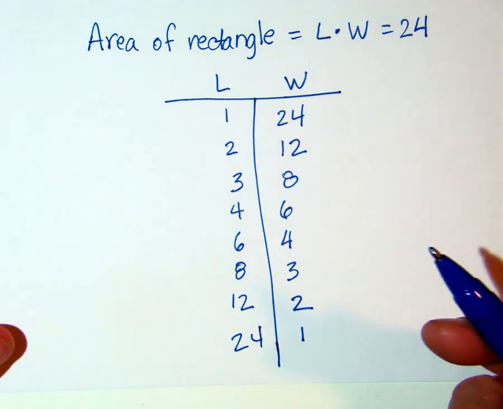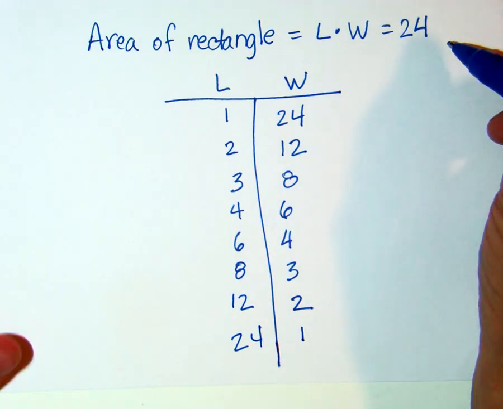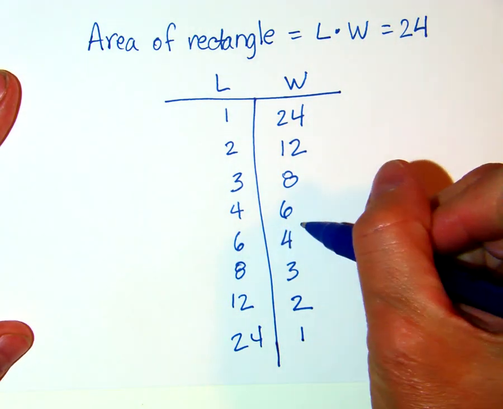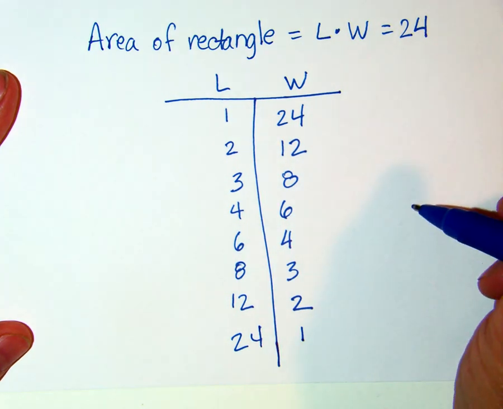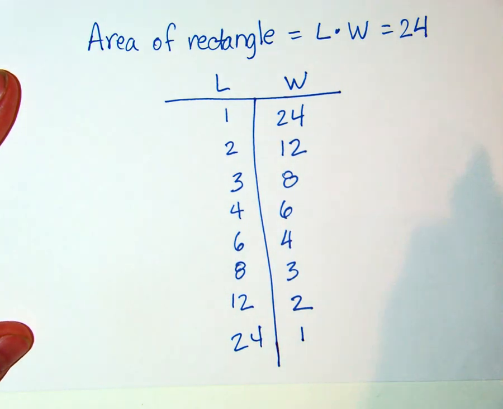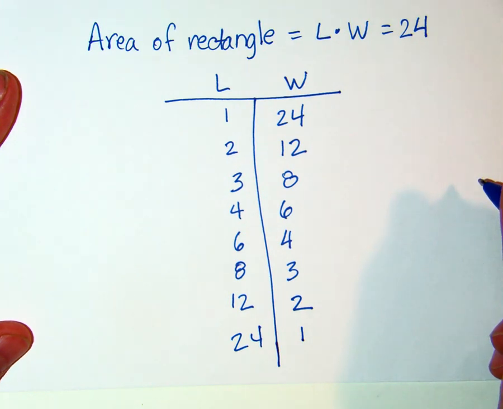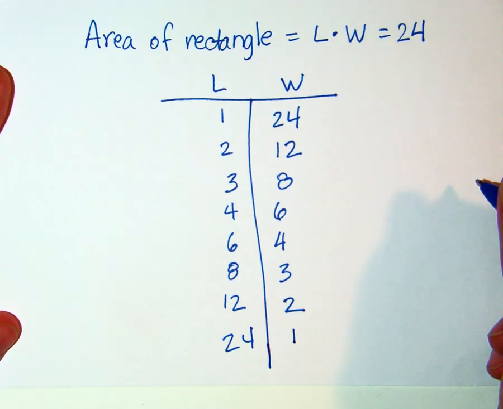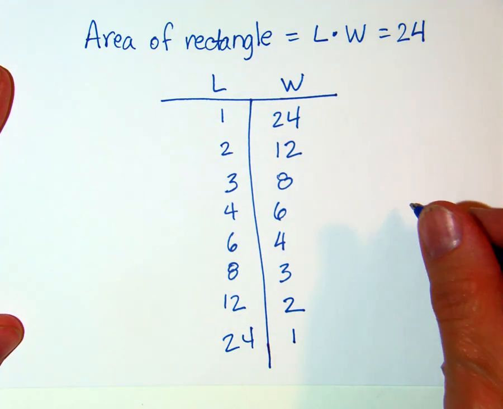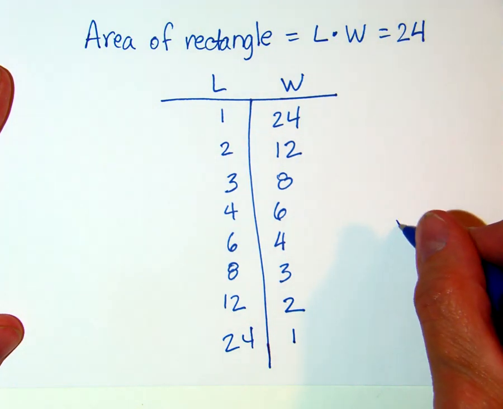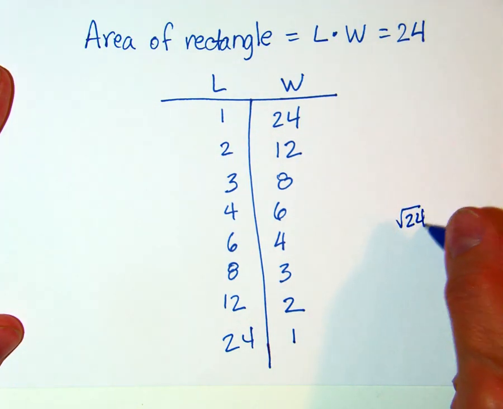Those are the whole number ones that will get us a rectangle with the area of 24. Notice as we're doing this that there's no 5 because 5 isn't a factor of it. But if you were to make a square, well, something times something's 24. Oh, wait, that's not a whole number, but notice that the square root of 24 times the square root of